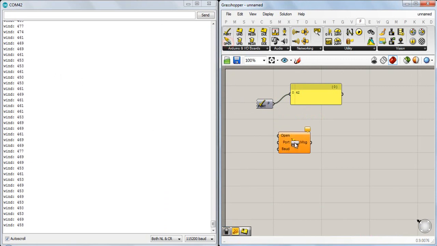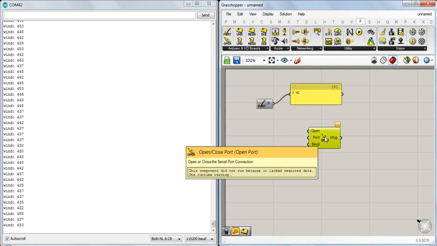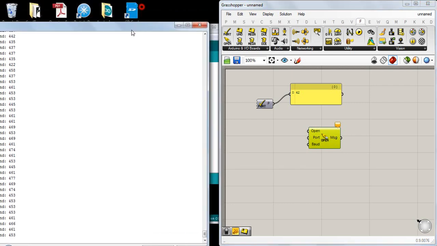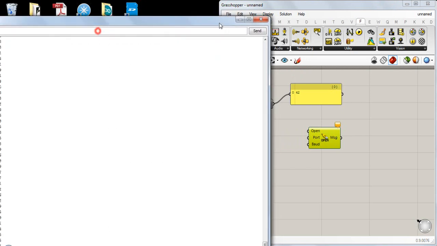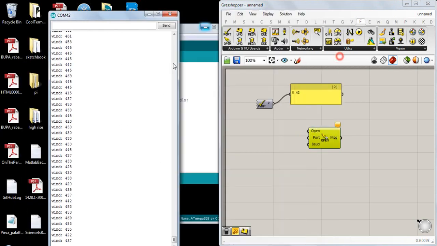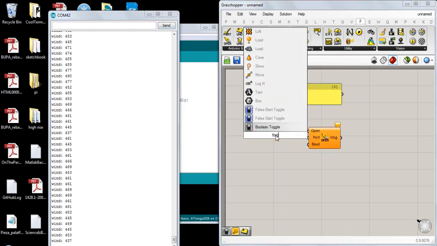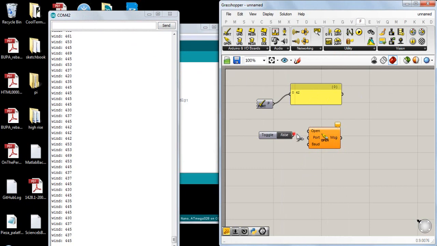When I open up this port into Grasshopper, so now rather than this from Arduino, this is just an interface to see all those numbers. Grasshopper can also act like this, but through Firefly. So if we try to open this now with port 42,